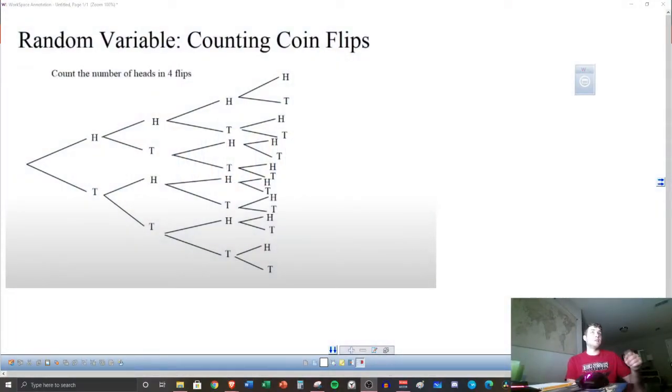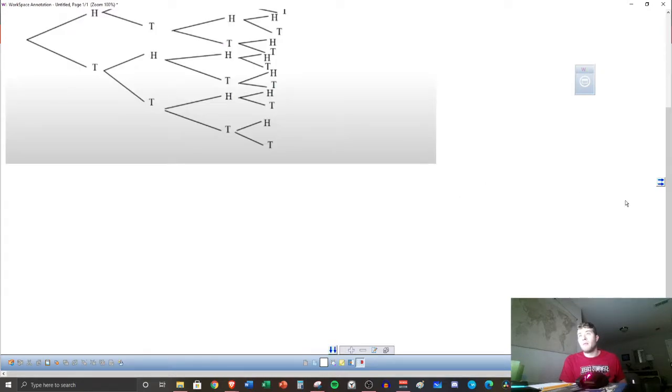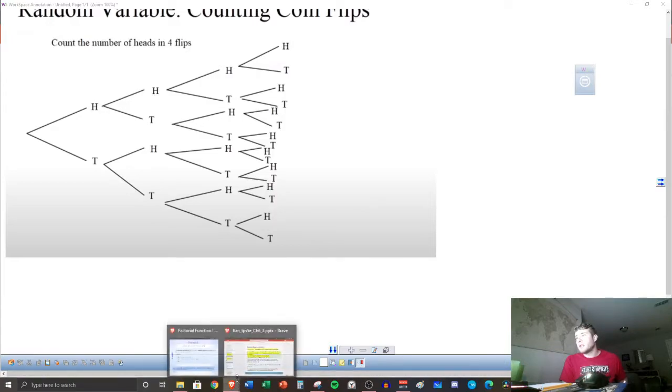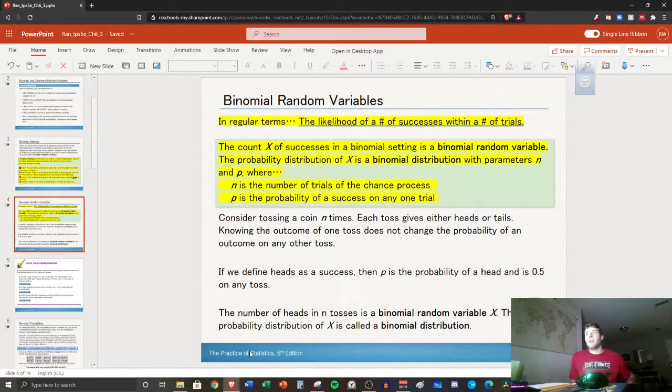Okay, so in your notes, you should have this written from prior lessons. We have the counting coin flips for this random variable, okay? So we're counting the number of heads in 4 flips. So our goal right now is to make the probability distribution for this. Before we do that, though, we're going to go ahead and write down a couple things. Okay, so we're going to talk a little bit more about binomial random variables. We need to write down some